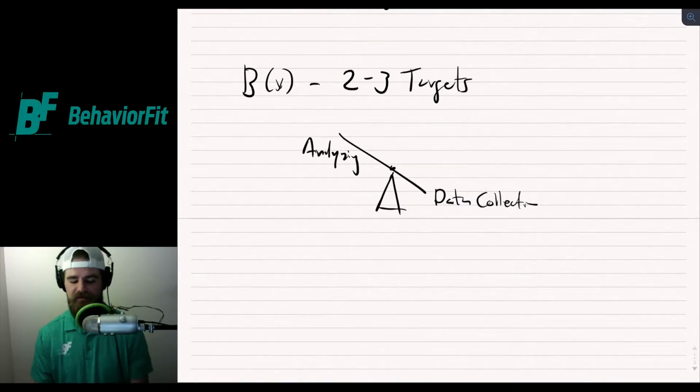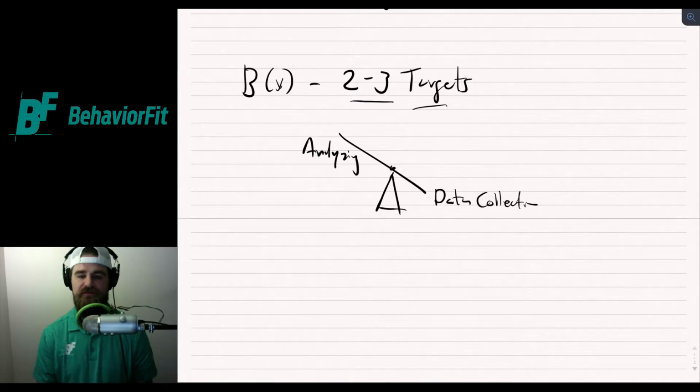So really, I've found that the 2 to 3 target range is key to having a good balance of, okay, we're going to measure some things, implement a change, see what happens, go back and measure it again. I didn't come up with this quote, but it's something that goes like this, and it comes from behavior analysis: you can learn more from measuring one thing many times versus many things one time.